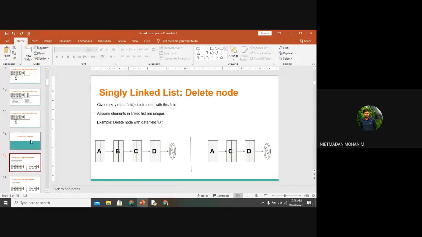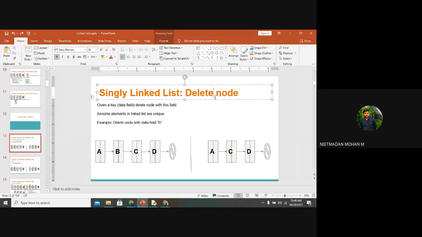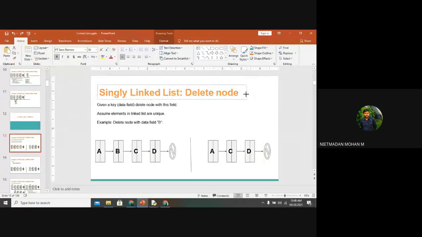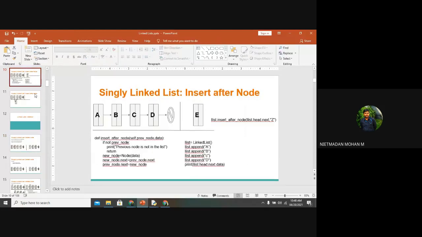So till now, do you have any doubts over here? Next class we will see the delete operation, and after that the circular linked list process. I will share the lines of code that I have done yesterday on WhatsApp once I get the code. You can take those lines of code and change them. If you want to insert after C, I have seen the lines of code, but I forgot to save them. Any doubts?